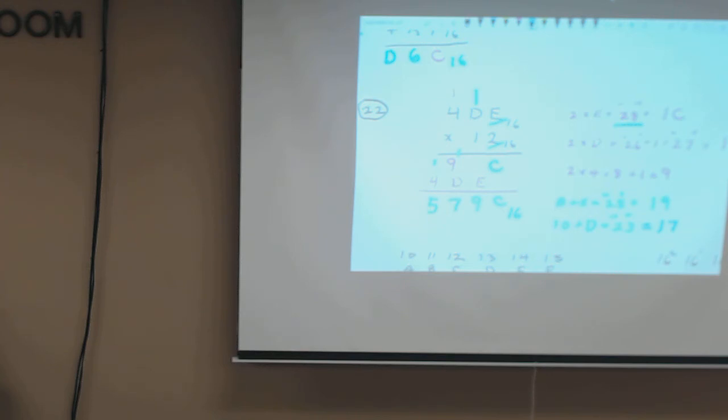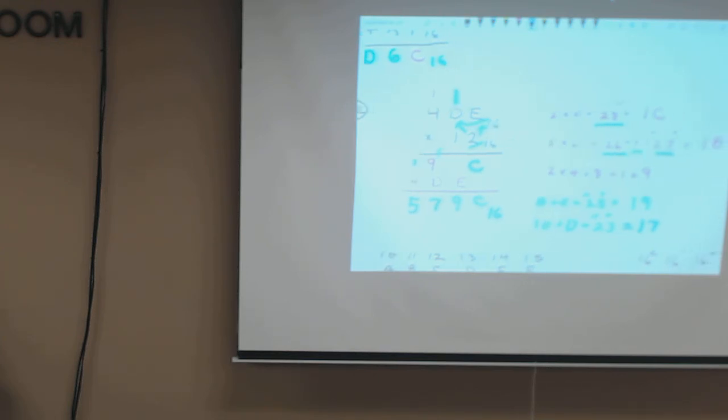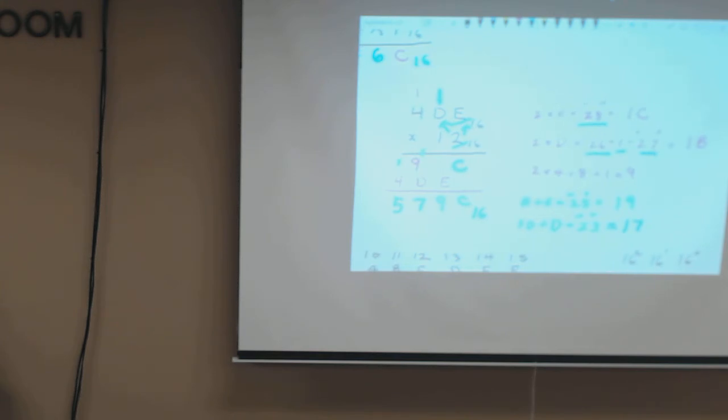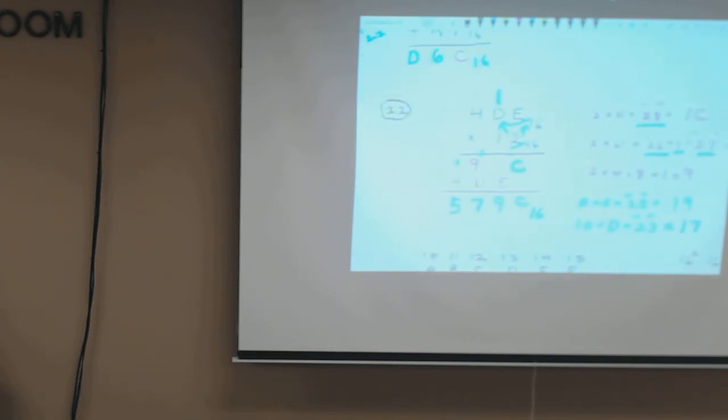1C. So I put down a C and carry the 1. What's 2 times D? 26. Plus the 1, 27. How do I say 27 in base 16? 27, 1B. So I put down a B